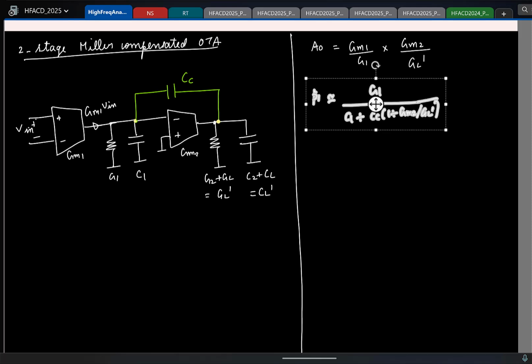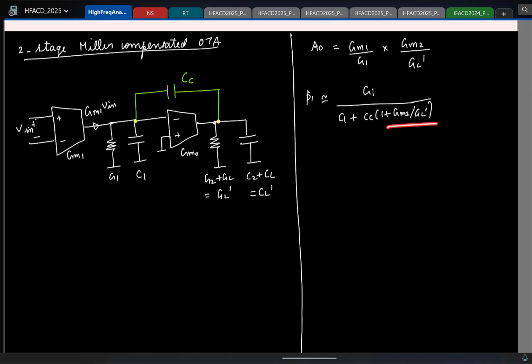And remember, in practice we will have this second stage gain to be sufficiently large. So this is gain multiplied by a capacitance. So how can you approximate the denominator? Remember C1 is a parasitic capacitor. CC is an explicit capacitor that you are putting, and that seems to be multiplied by a gain. So the denominator you can further approximate for practical purposes like this, CC times